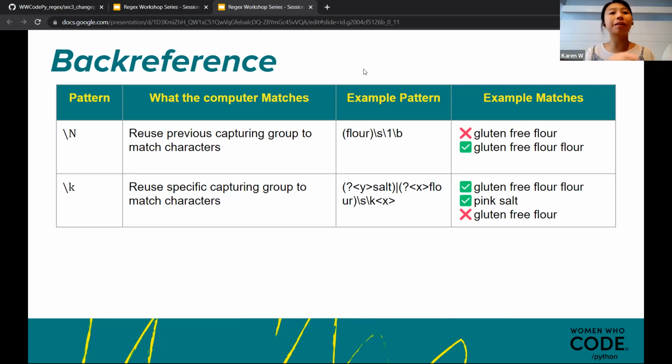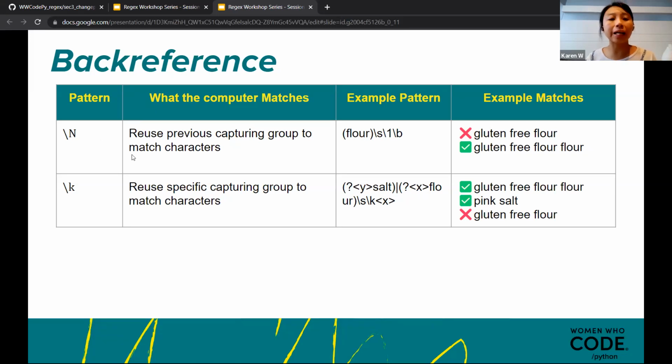If I want to find something of two words in between, like if you have a typo and you don't know where, something doesn't pass, but you want to find a double word. Backreferencing is a way to catch that.